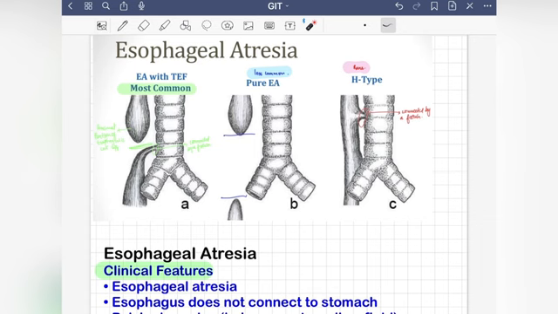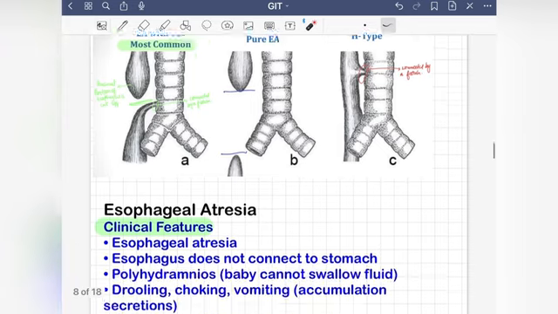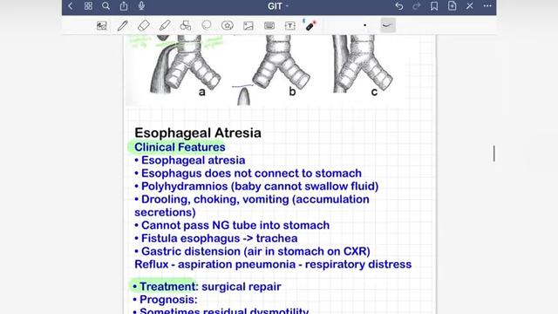Another form of esophageal atresia, which is less common, is called pure esophageal atresia. This is where the esophagus ends in a blind tube and the more distal esophagus is not connected to the atresia at all. And then finally, there's a more rare type where the esophagus and the trachea are both separate tubes, but they are connected by a fistula. When the fetus develops,